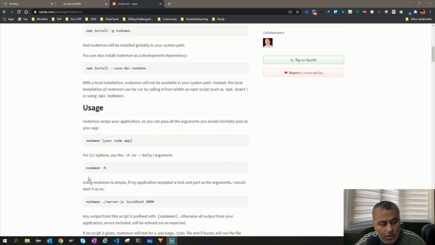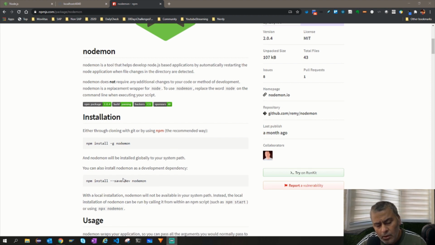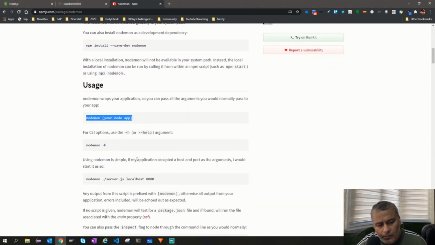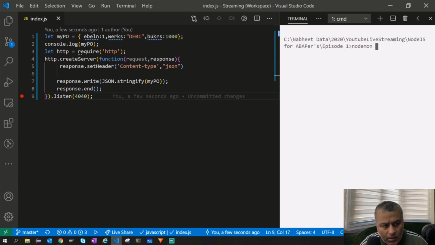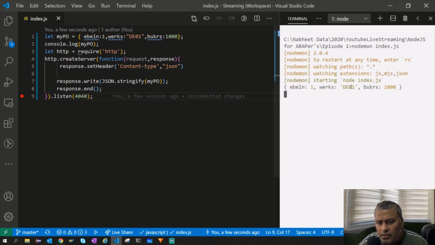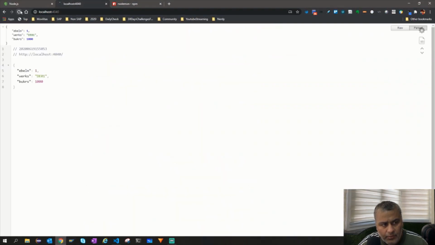So now once you have installed it, let's see how we run it. If you look at this npm package repository, you will see the documentation is very easy, readable, and to the point. This is how you install, and this is how you can run your app. So now let's just go to our console, and I clear the screen. I say nodemon, our file name is index.js, right? So now it started, and I can access our stuff. Nothing great, which you are always able to do any day.